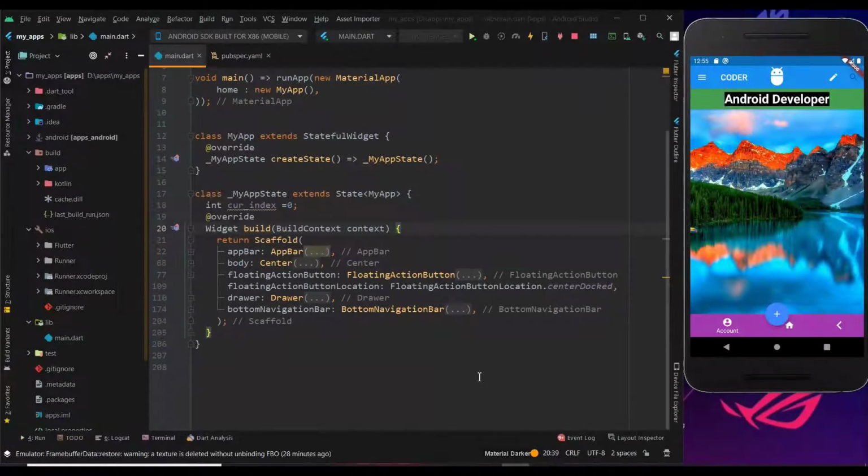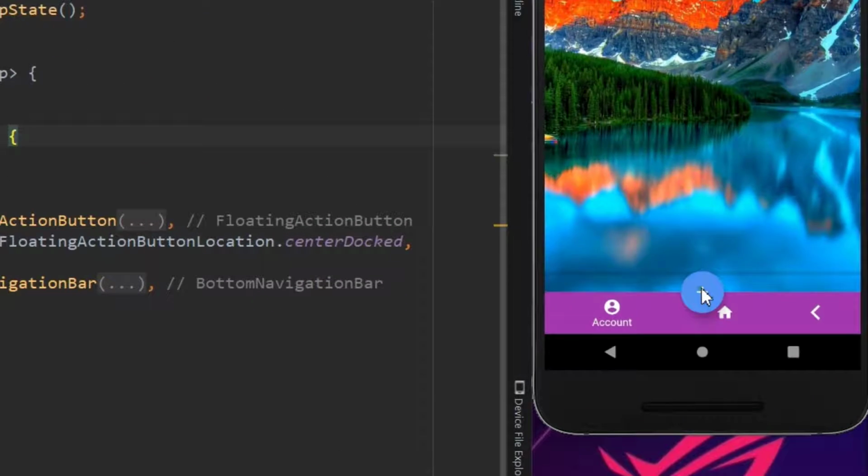Welcome back guys. In this tutorial we will see how to get a bottom sheet on pressing a button like